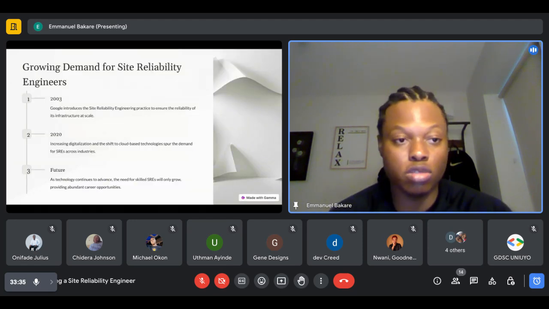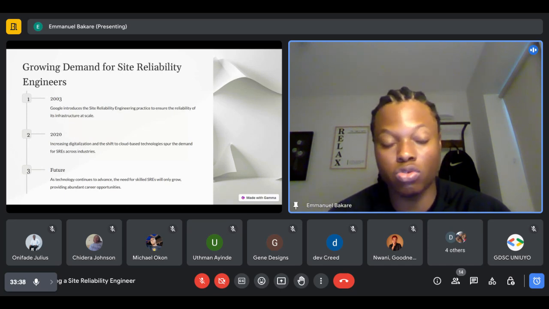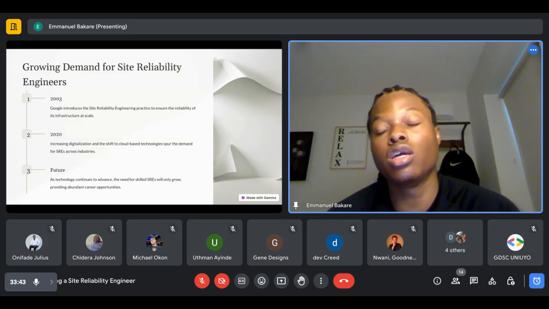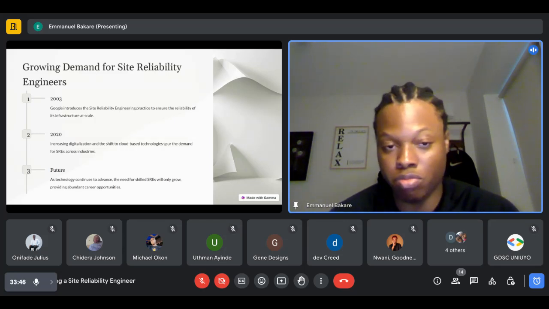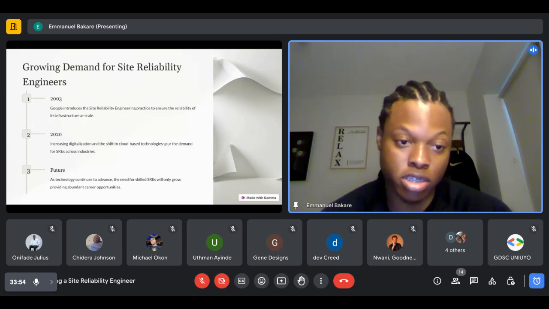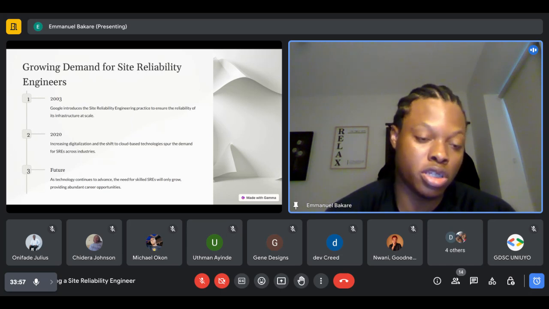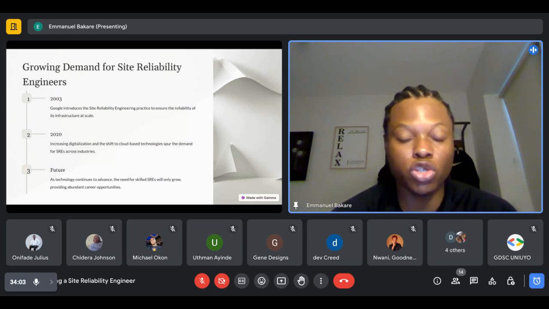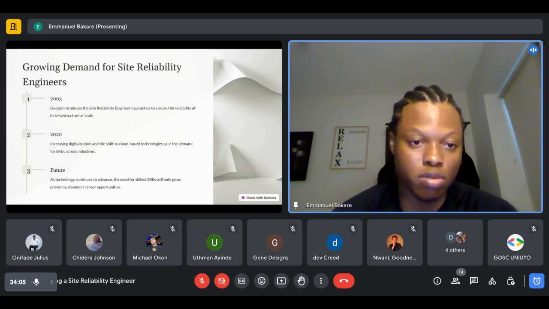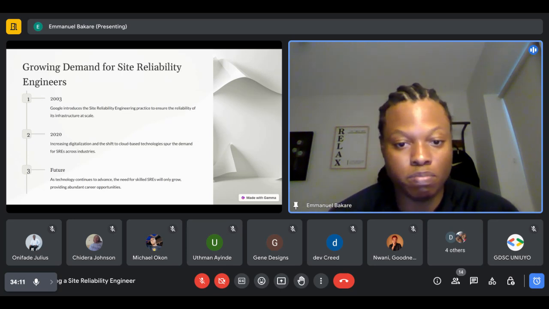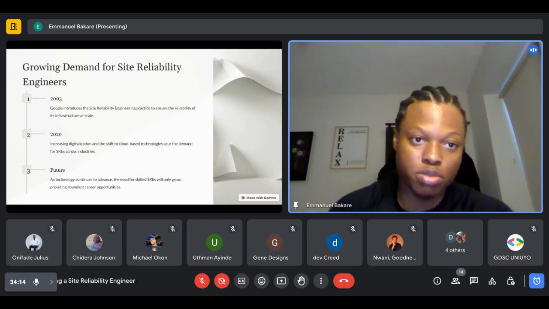The growing demand. This is more just to highlight when Google started this. Google was the first company to introduce SRE, which is why the term they use is embraced across the entire ecosystem. Amazon started theirs in 2011, if I remember correctly, and they named their systems. So it's actually not been too long since Amazon started the SRE culture in their own teams. Before, software teams managed the infrastructure, and that didn't scale well, especially as they grew to be the number one cloud provider. And demand is always going to increase.